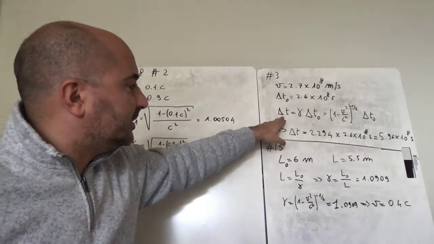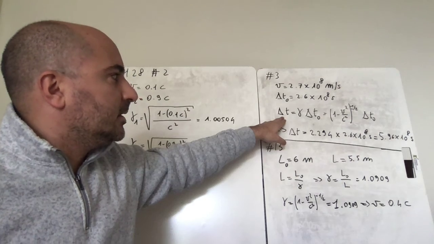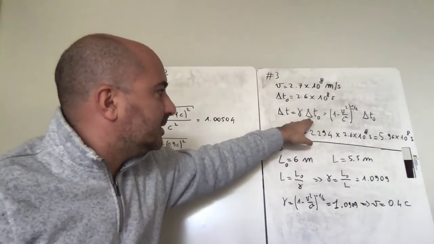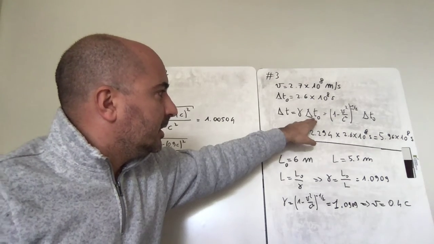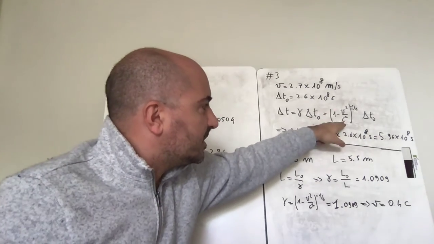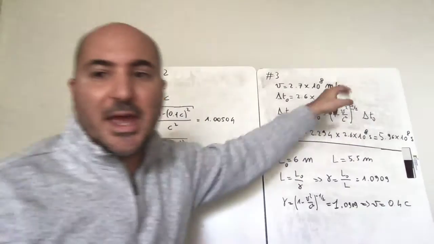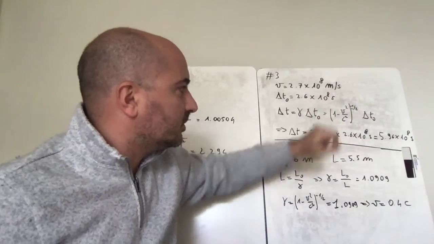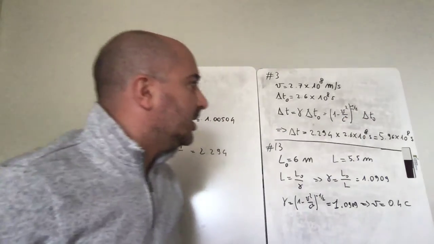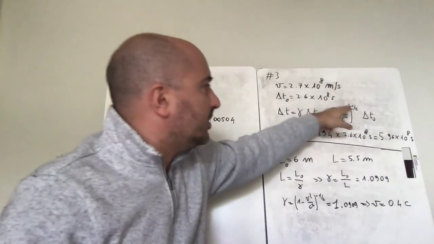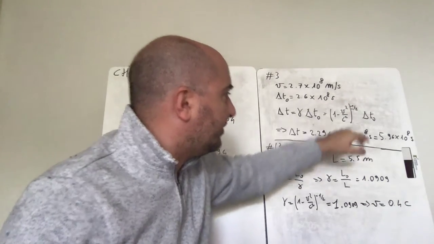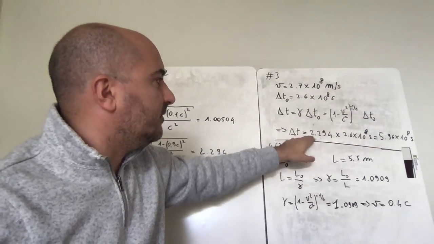Well, the delta T, the time measured by an observer, is going to be gamma times delta T naught. Gamma is 1 minus v squared over c squared, to the power minus 1.5, okay? Or you can put 1 over that in the square root, times delta T naught. And so when you calculate this factor, the gamma factor, you get 2.294